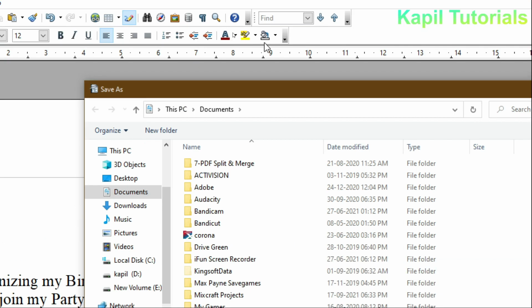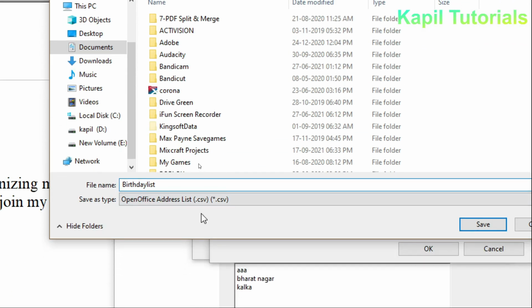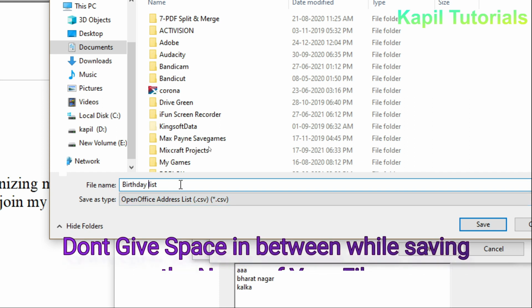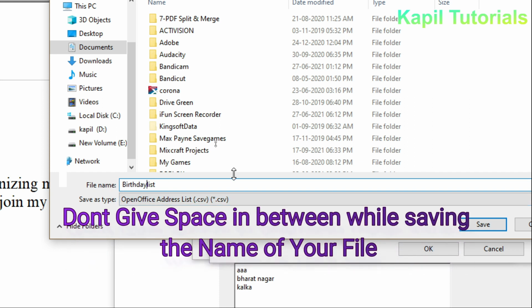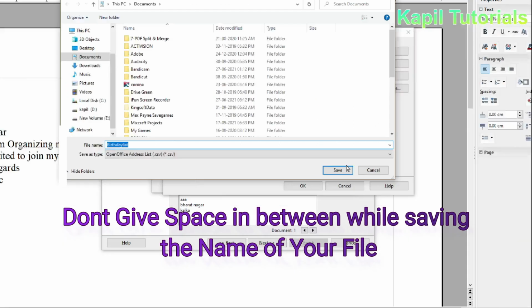Yes, one more thing I want to tell you, and it's very important. When you are giving the name, don't give any space in between like this. Like suppose I want to give the birthday list name, I don't want any space, otherwise some problem comes in OpenOffice.